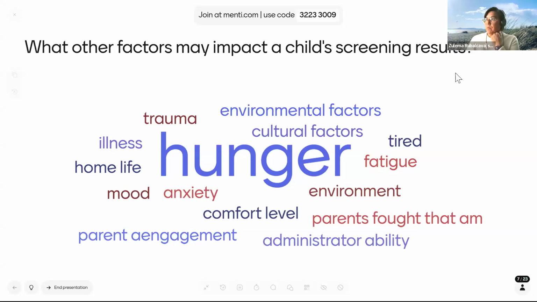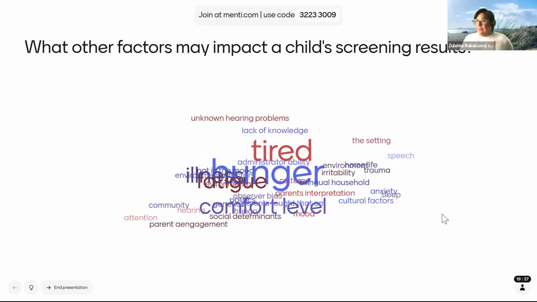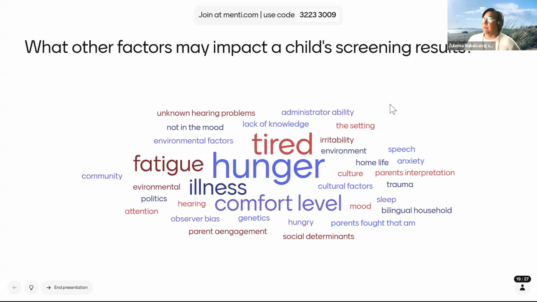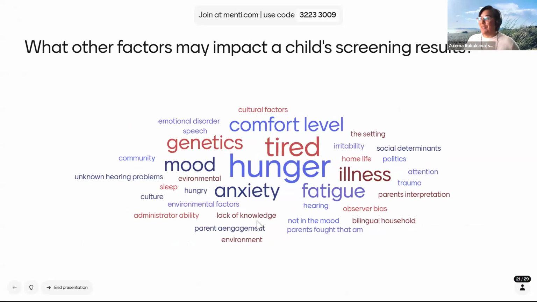Okay. Ooh, here we go. More. Everybody. The setting. Yep. Lack of knowledge. Bilingual households. Interesting. Social determinants. Yeah. And you can see that the social determinants is small, but you can see them very clearly here, right?